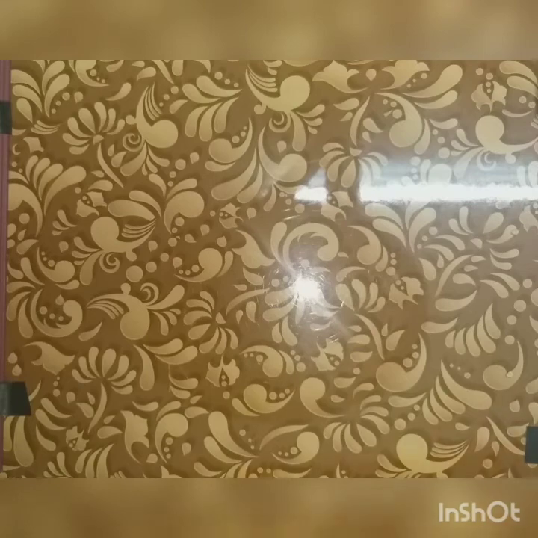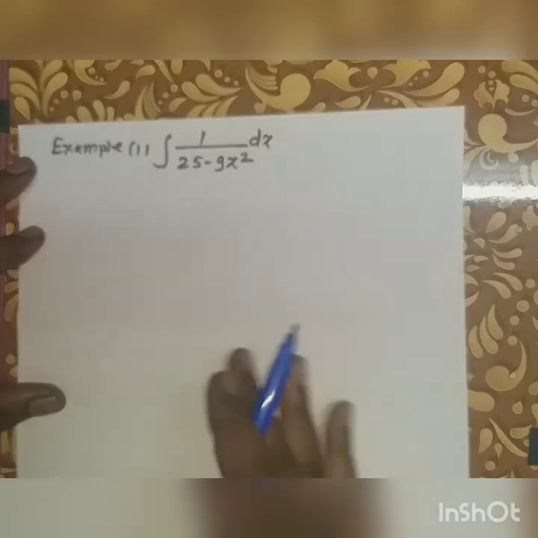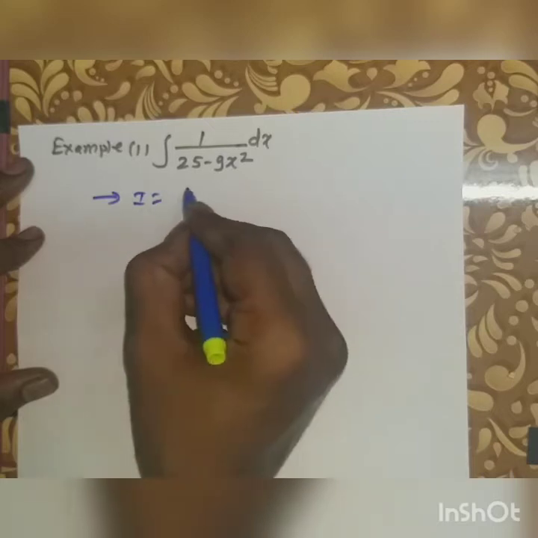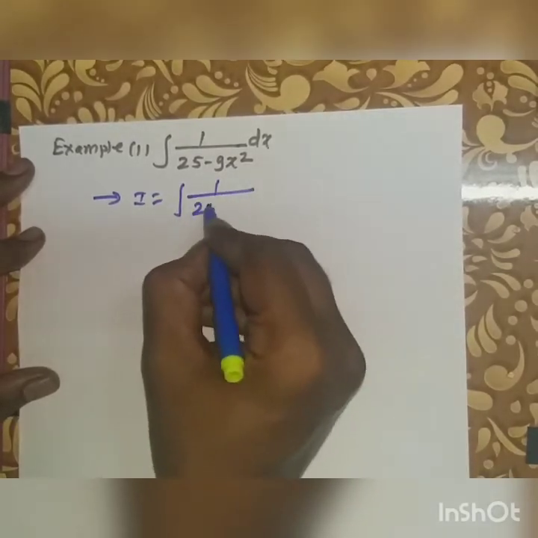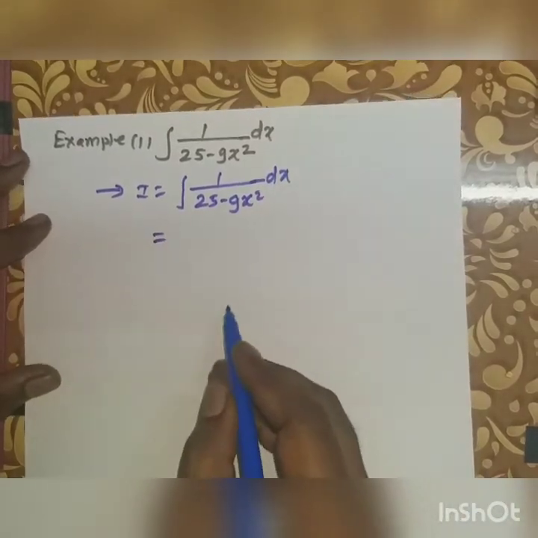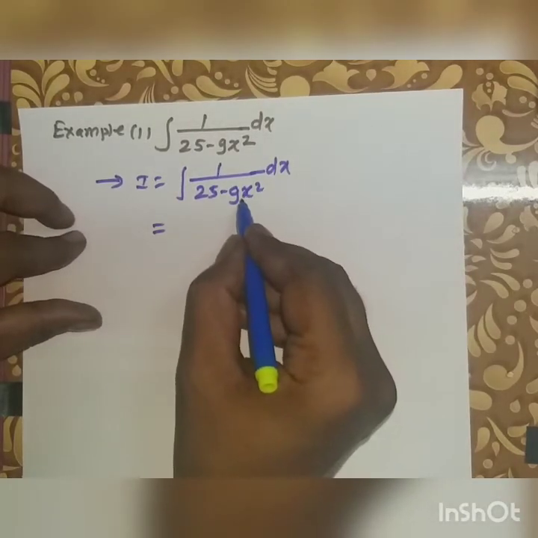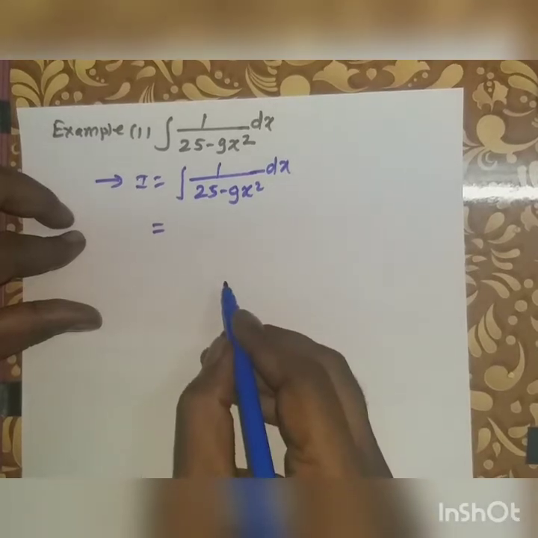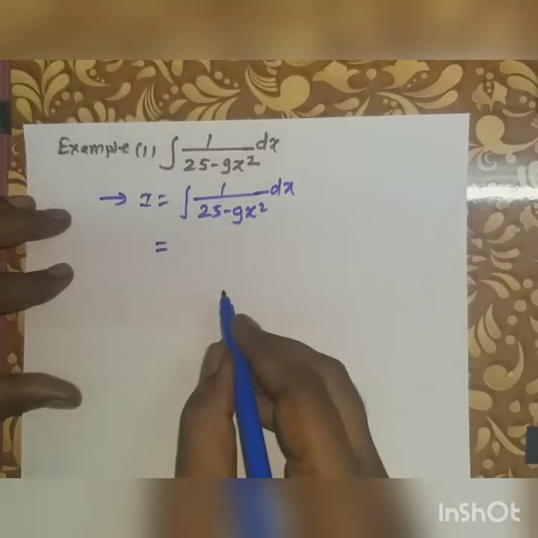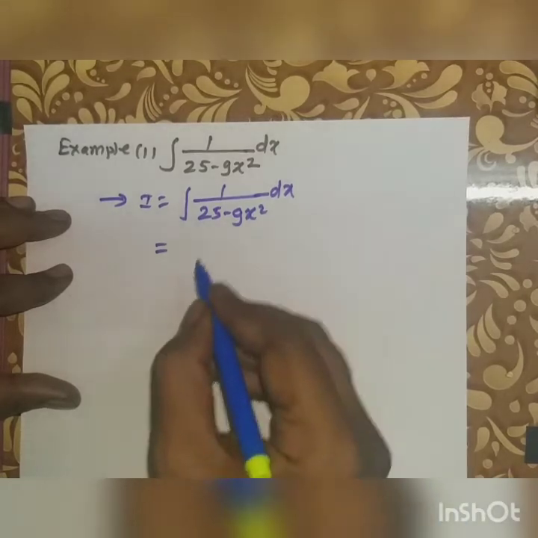The first example is a very simple example. First example is the integration of 1 divided by 25 minus 9x square dx. Now here the coefficient of x square is 9. First convert this coefficient of x square to always 1, then the problem is solved easily, otherwise there are complications, or we apply the integration of f of ax plus b formulas. But here we take